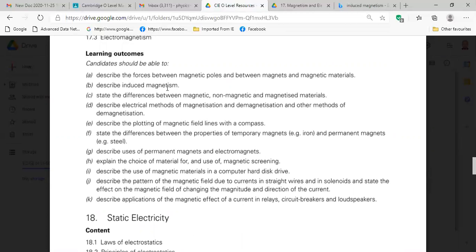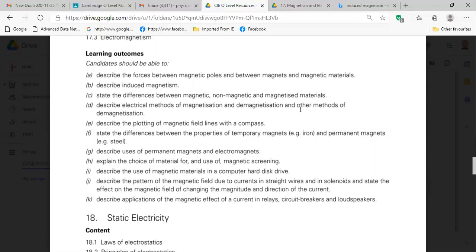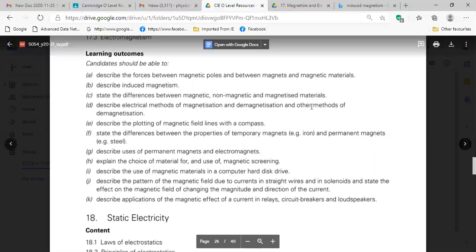So we are done with learning outcomes A, B, C. Now we will go for methods of magnetization and demagnetization. This is the electrical method, and there are other methods also. So let us go there.